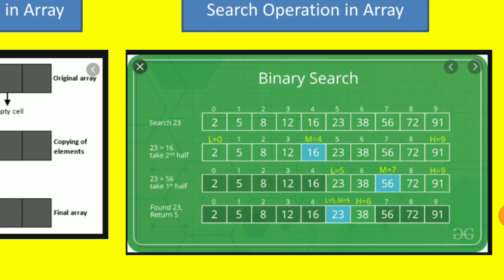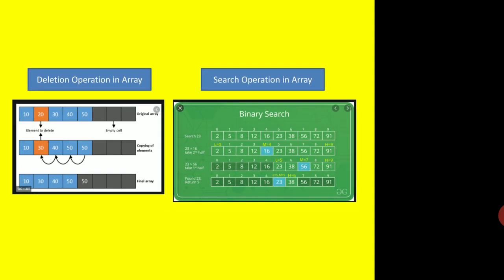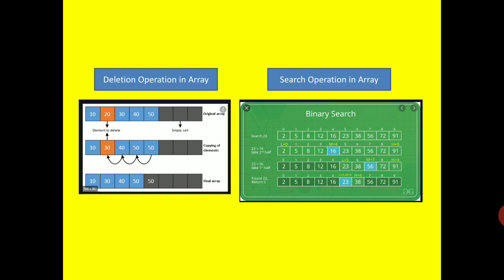Now we are going to find 23. We are going to find whether 23 exists or not. We will see the last row. We found that 23 exists in this particular array, but there are some steps in the binary search. How we are going to search it, we are going to deal with later. Okay. So what are the operations we are having here?